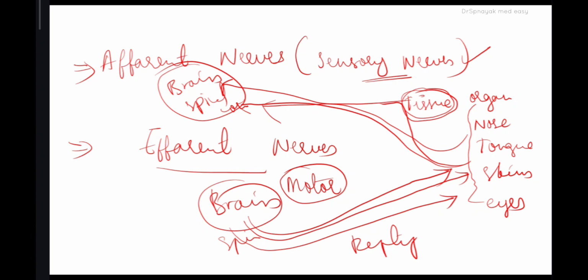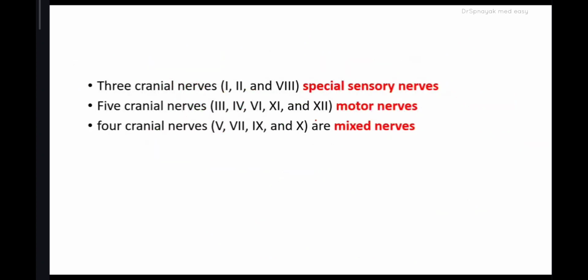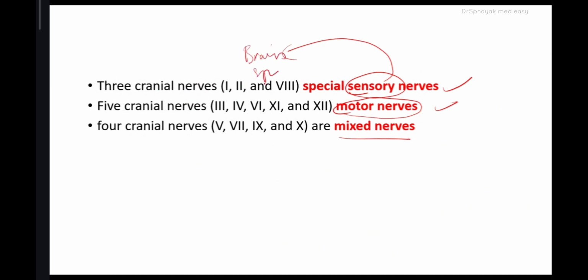And see, in cranial nerves, some nerves are categorized as sensory nerves, some as motor nerves, and some nerves have both actions, motor action and sensory action. That's why they are categorized as mixed nerves. Just now I told you, sensory nerves are those which bring information from the organs to the brain or spinal cord. And motor nerves, what are they doing? Motor nerves give a reply, bringing information from the brain or spinal cord to